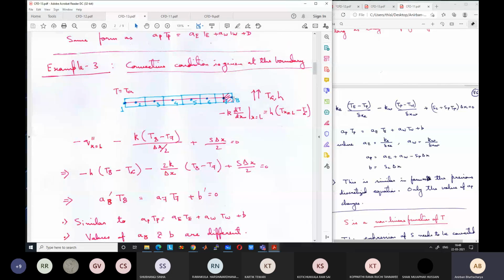What is in different codes? If you are using an old code somebody else has written, which is typically the case when you are doing some project, you will be using some previously written code. You have to check the code, how they are taking the boundary value, whether they are taking half control volume or full control volume. Accordingly, you have to give the heat flux.